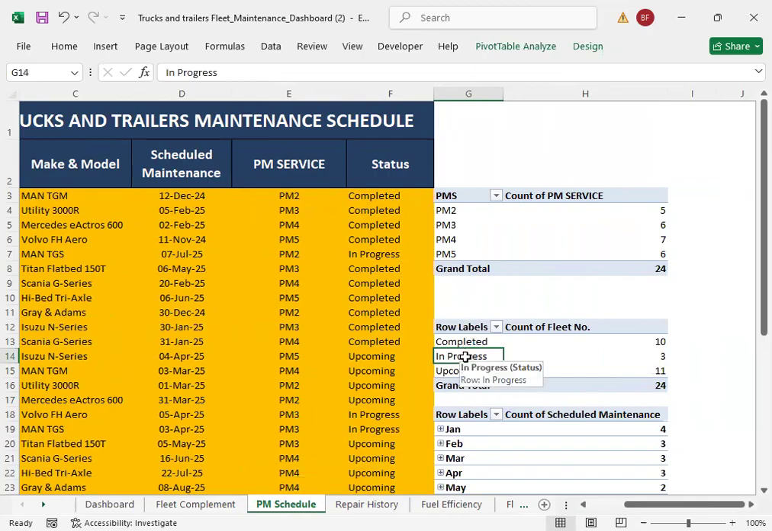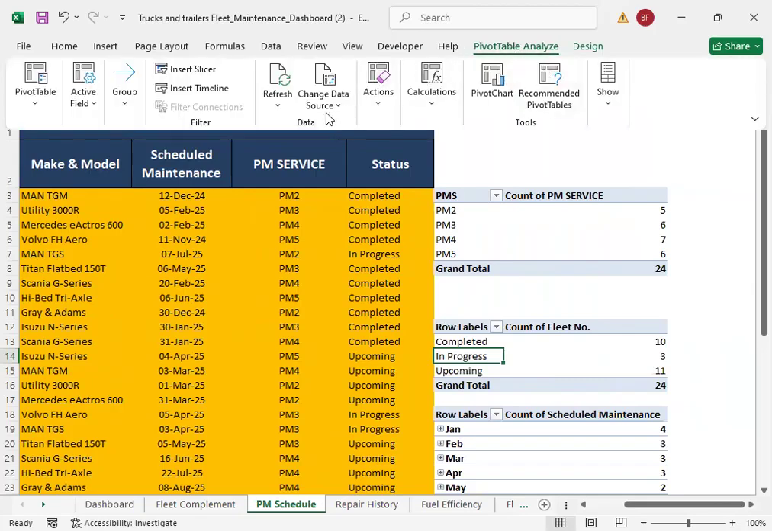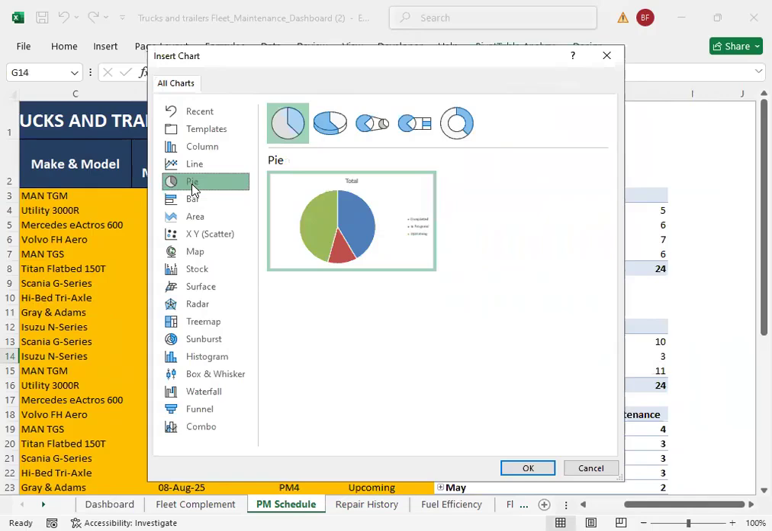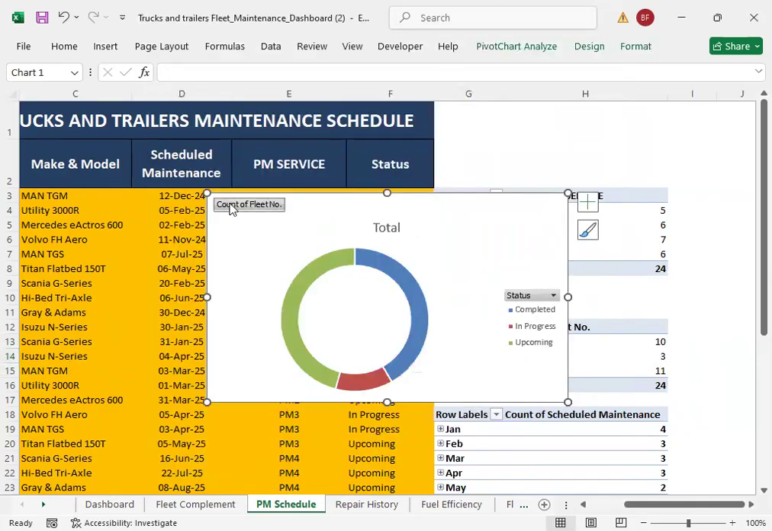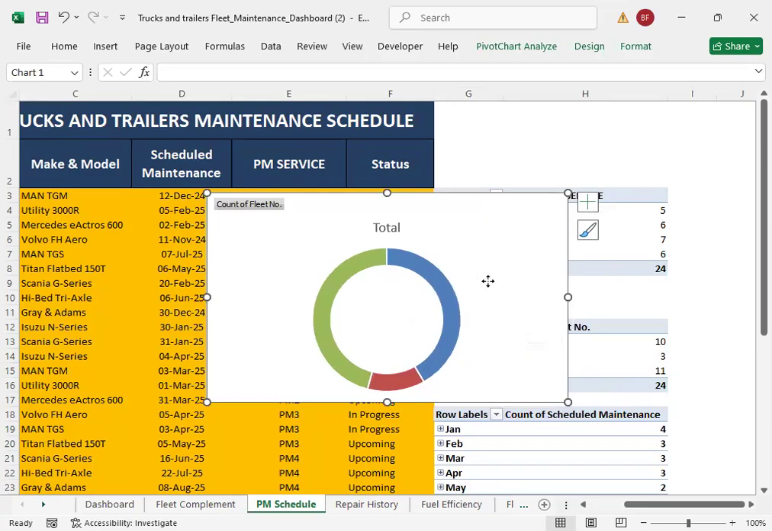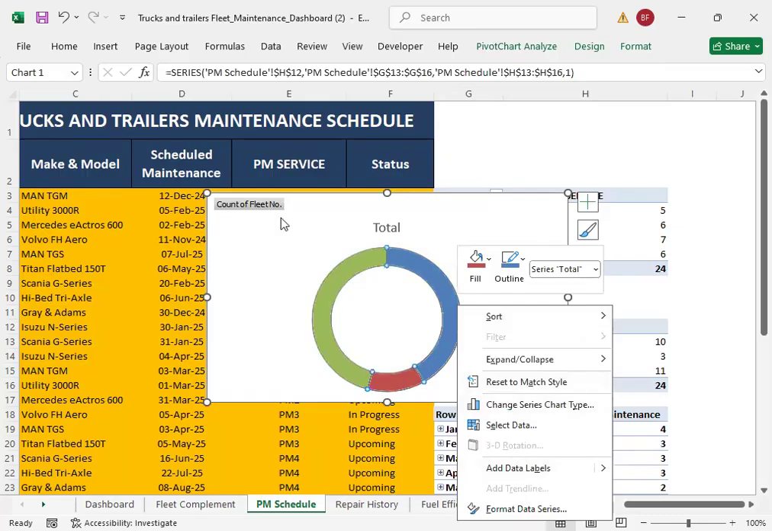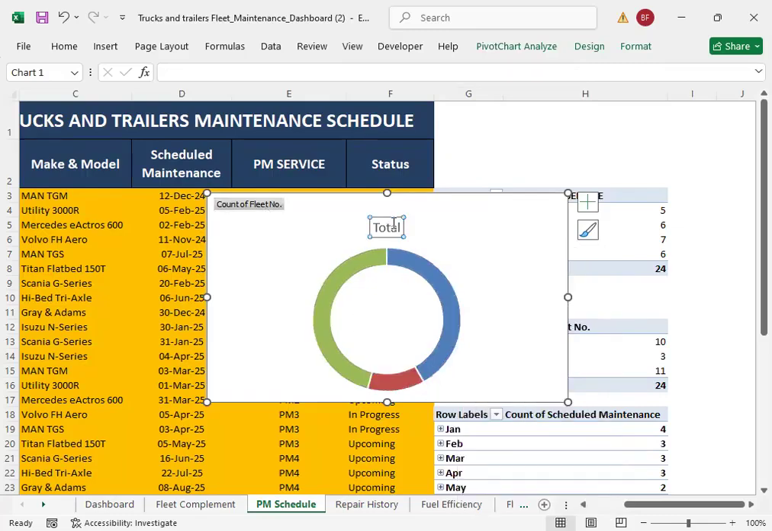Okay, you just click inside the pivot table, go to the pivot table analyze, then pivot chart. In the pivot chart, all you have to do is just go to the pie and then select the donut. Here's the donut. And then click OK. All right. And just remove all this. All right. Now, what you do is,